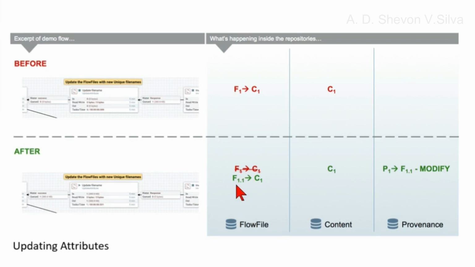In after, you can see F1.1 is pointing to C1, and in the content repository you can see C1, and in provenance now